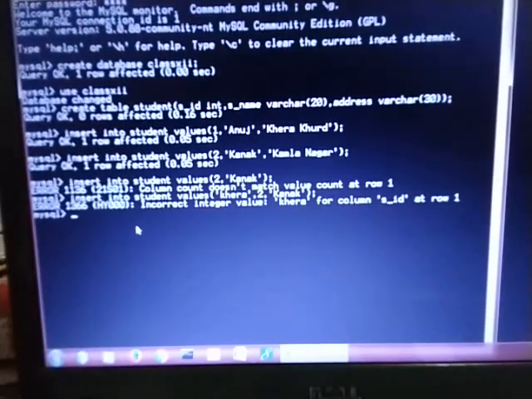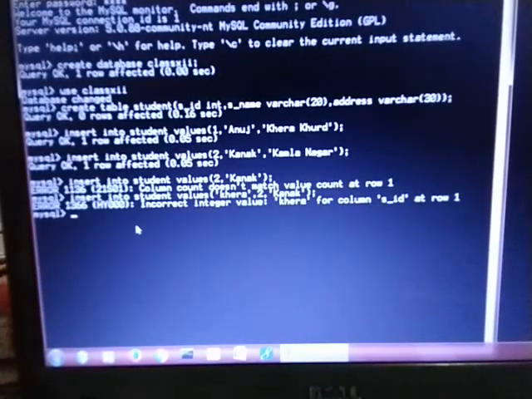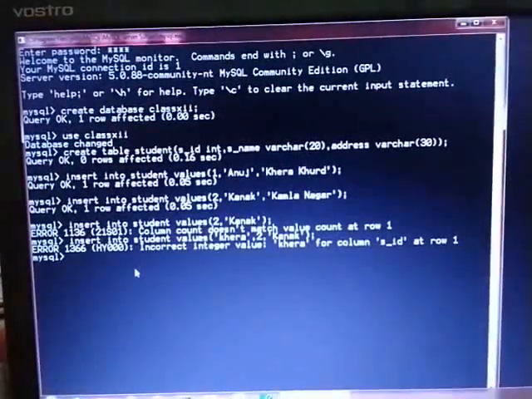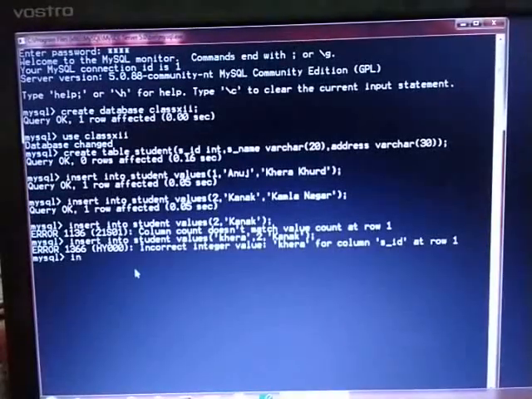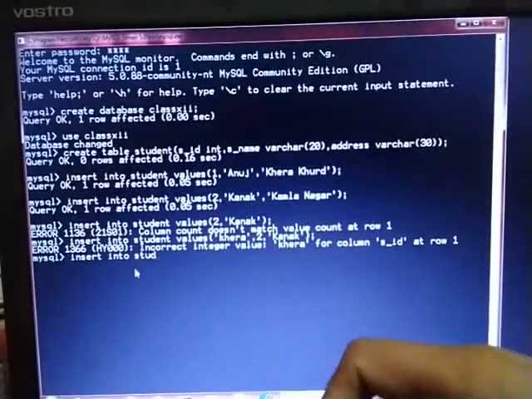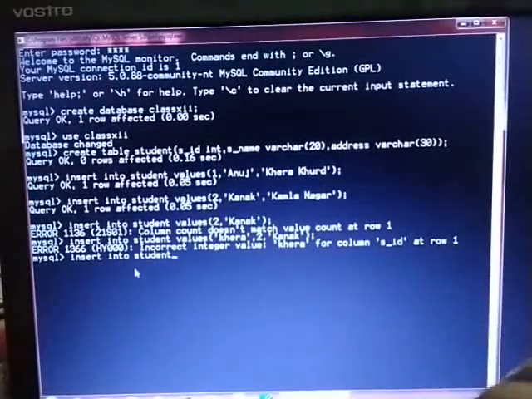Fine. So one more way to insert the record in the table, that I am telling right now. Just concentrate here. For that you have to write insert into, again, the name of your table, and my table name is student.